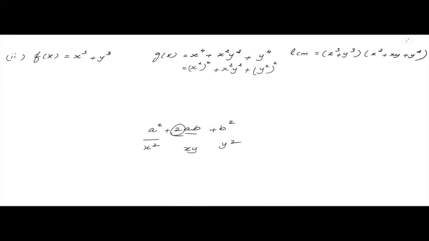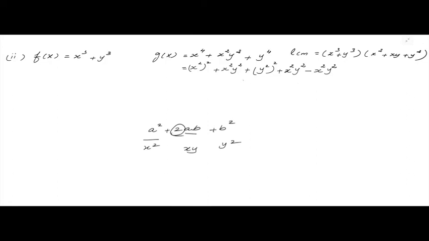Am I right? So what I am going to do is, I am going to add a term. Since I want one more x square y square, I am adding x square y square. But this won't be equal to the previous step, isn't it? So what I am doing is, which I need, I am going to add and subtract the same one. Here the value doesn't change, since these two will get cancelled and you will get the same thing when you add it up. Am I right?